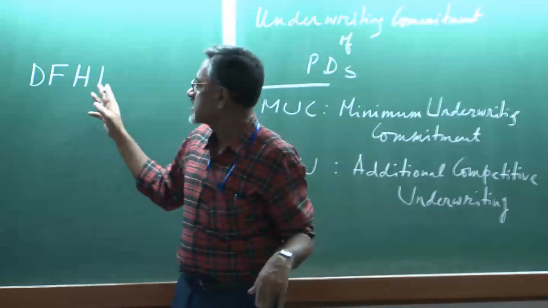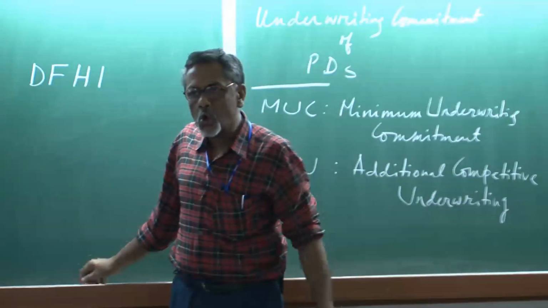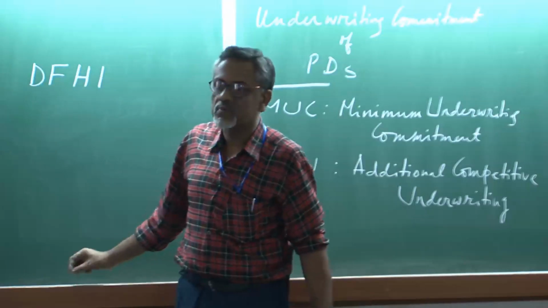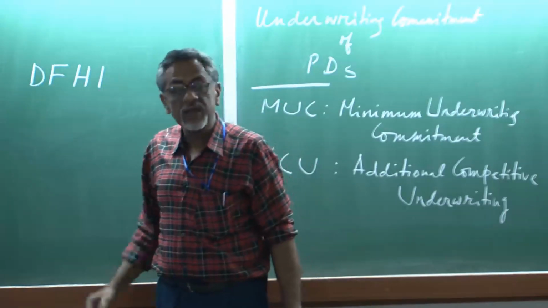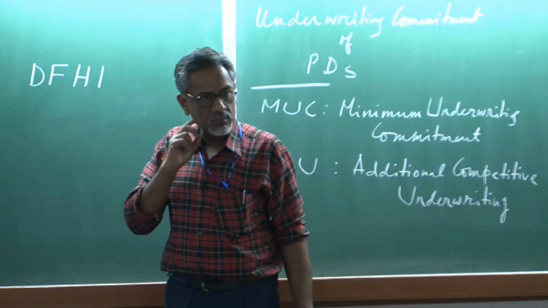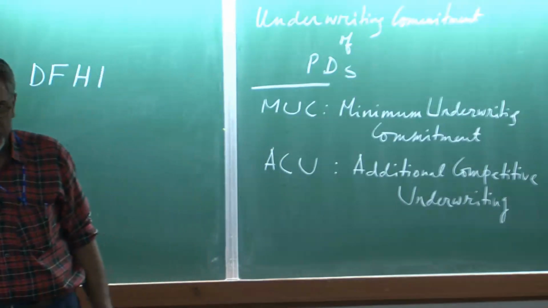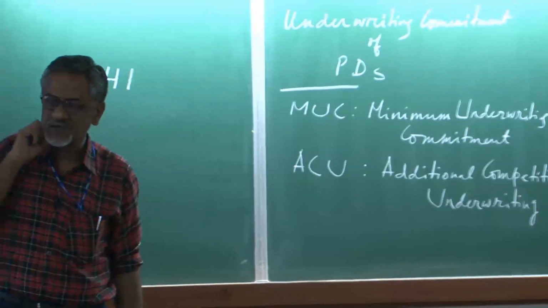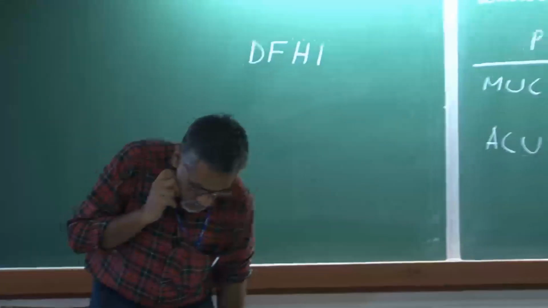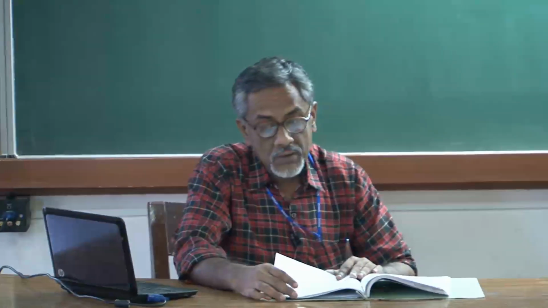Now let me talk about the Discount and Finance House of India, which is the oldest private dealer, the most important private dealer, which RBI created, I think, for various purposes. One of them was the bill market, another one was the call market. Now, let me give you an idea.